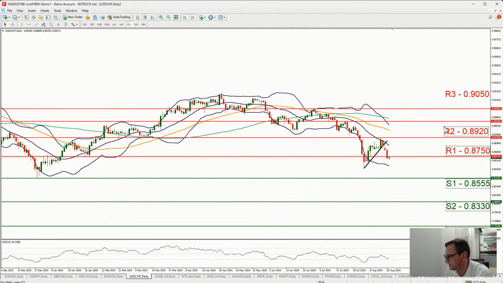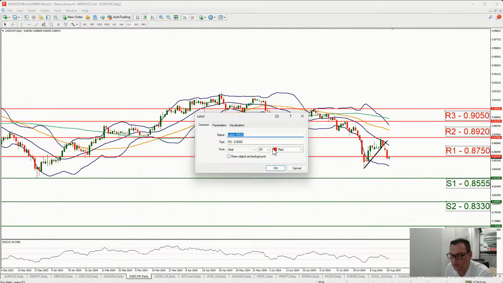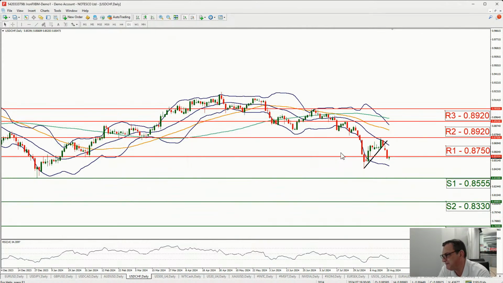Now starting with the R3, which is now set at 0.8920. Now there have been substantial arguments on whether the R3, as pictured right here at 0.8920, would be more or less sufficient. Some have even discussed the possibility of going from the R2 to the R3 up here in one swing. I still see a mid-level here, so I'm noting the R3.